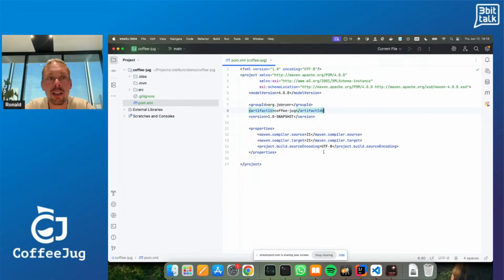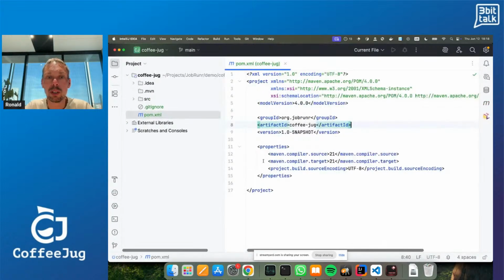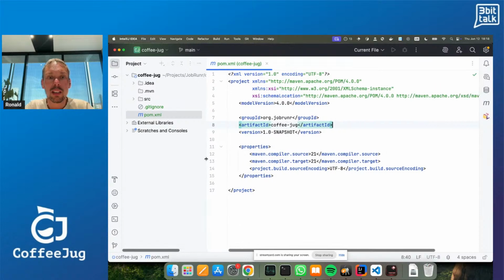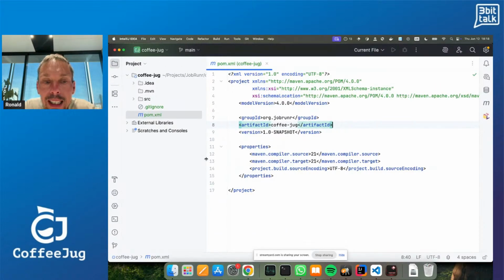Is this readable for you guys? I'll make it even bigger. That way we're sure. Okay. The first thing that I'll do is add some dependency. And I'm keeping this example as easy as possible. That way, whether you're using Spring Boot or Micronaut or Quarkus, we have integrations with all of them. Your life will be even easier.